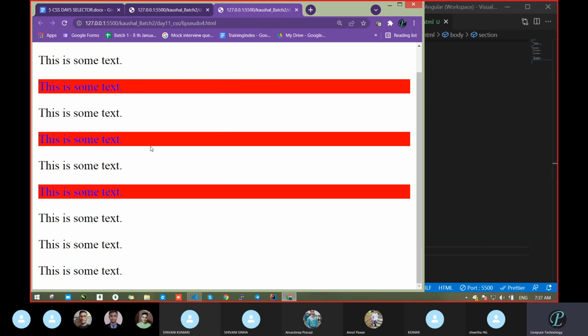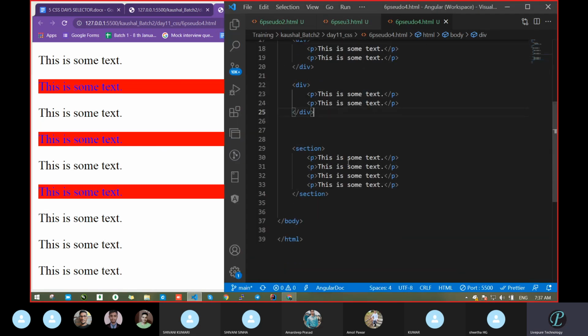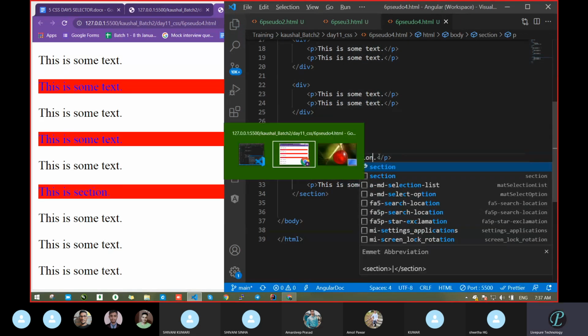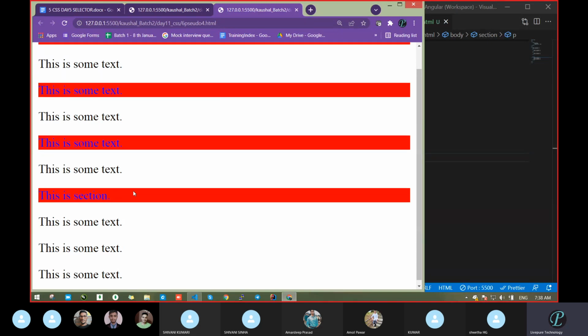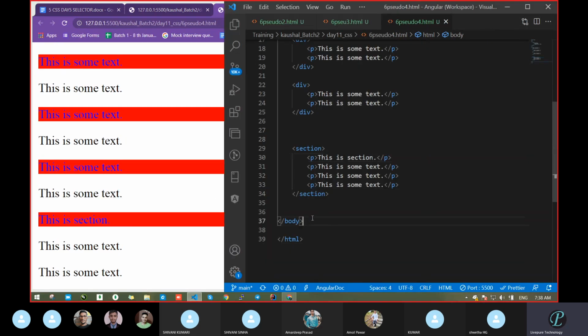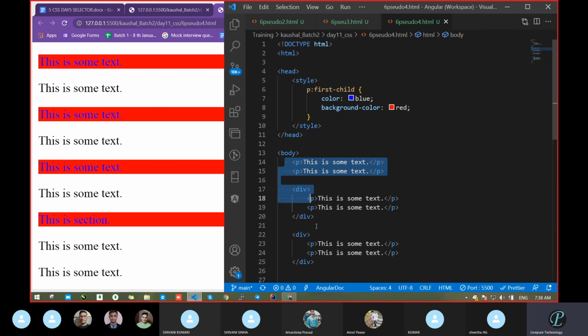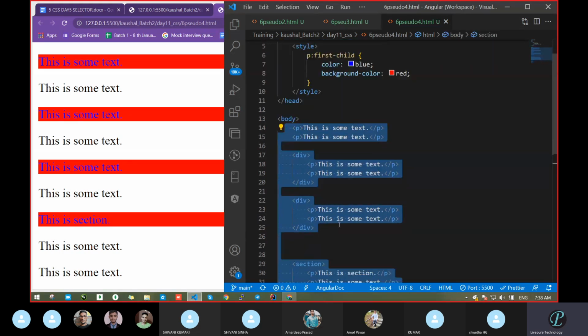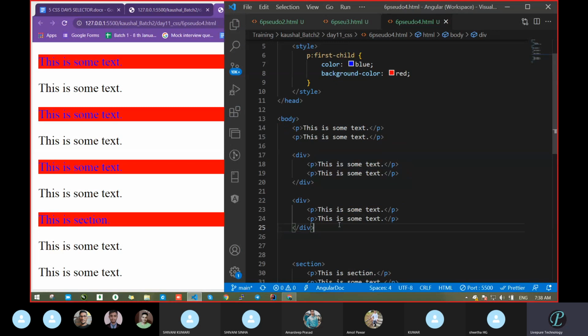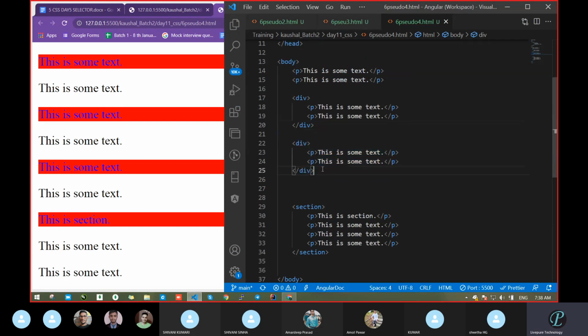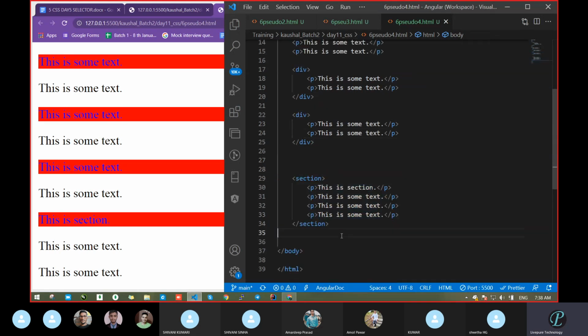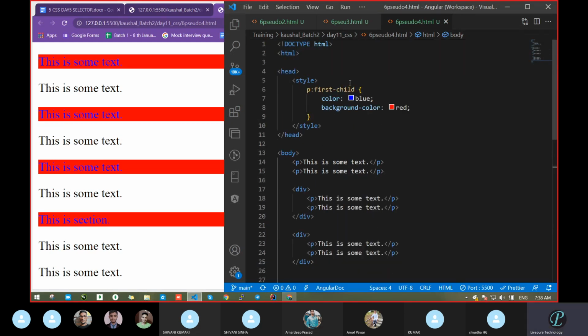Okay, that is different. See, again I passed the section, and inside the section we pass some text. So see, we got this one because it looks in each parent, you can say, for the first child. Outside, in the body, it first looked over this; whatever first child it got was affected. After that, in each section, there is a div section. In this it looked at the first child, then this div looked at the first child, then this div looked at the first child. This way it used the first child.